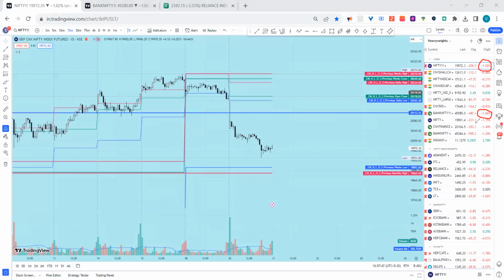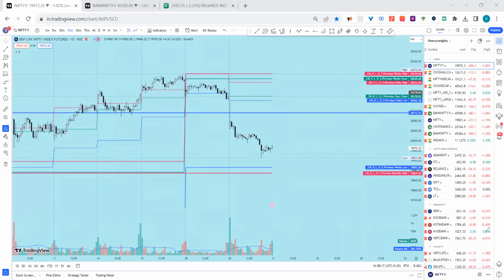And if you look at the broader market, it was the heavyweights which were under pressure today, because relatively, small cap was just down 0.8%, right? 0.88%. Small caps were down. Mid cap was just 0.3% down. Mid cap select, Nifty mid cap select, in fact, was flat. You can see here. So mainly it was the heavyweights actually, since Nifty and Bank Nifty both are down 1%,